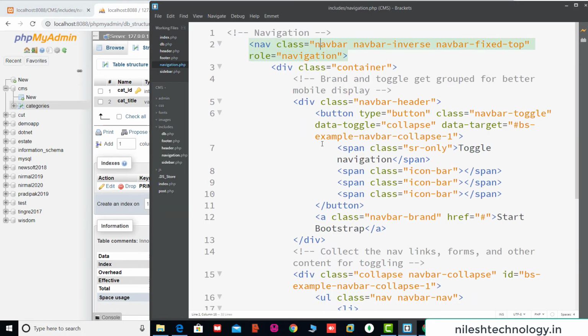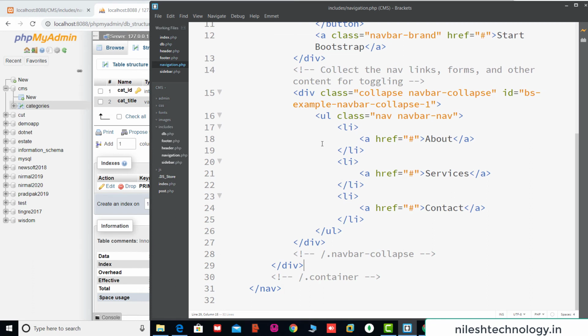Here we add some code dynamically. This is the UL list, and all these list items are displayed dynamically. We keep all this static data in a comment, from here to here, and use some PHP code.